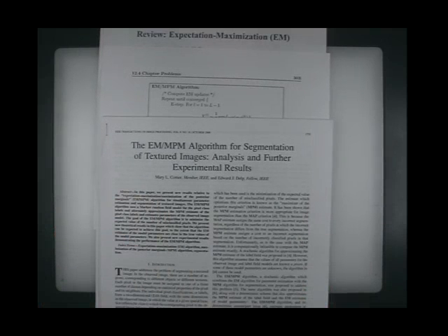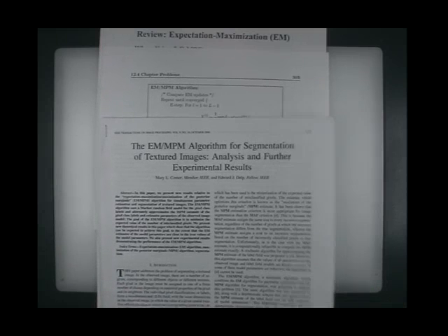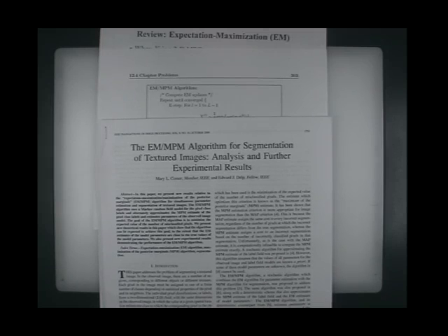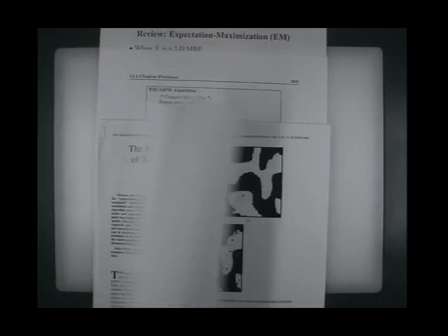He has a paper published in 2000 describing this EM-MTM algorithm for texture images. If you want to know more information about this segmentation strategy, I think it's a good idea to go through this paper. This paper provides more detailed proof about the strategies we talked about today and shows a lot of interesting results. For example, here,